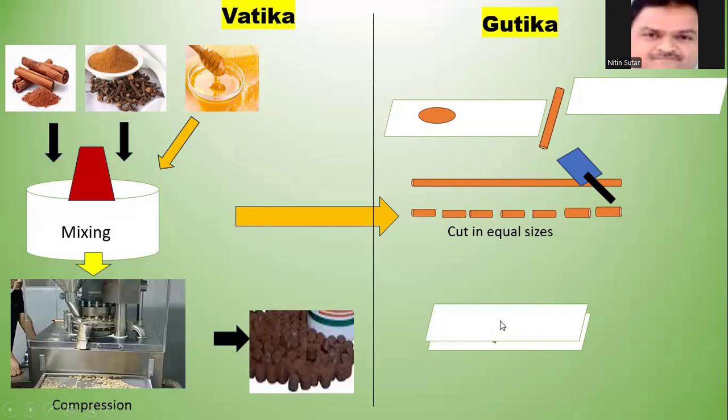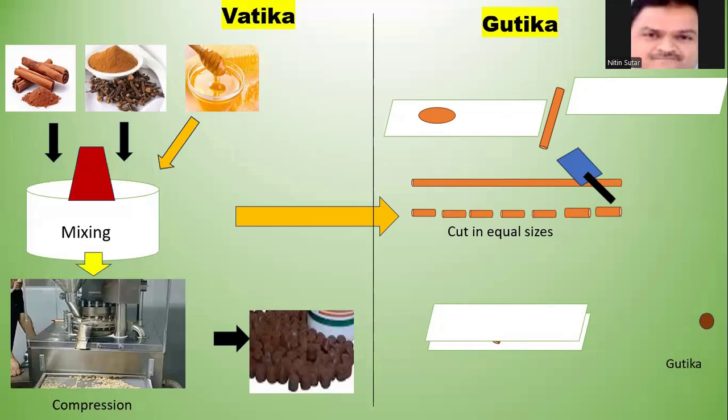Okay, so this rolling should be carried out between the two plates. Rolling should be carried out. Once you roll that, you are getting these pills. In this way, your Vati as well as the Gutika is prepared. Okay. Now, once that is prepared, there is a need of